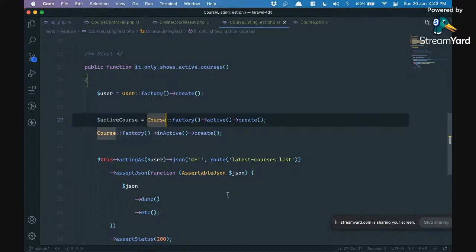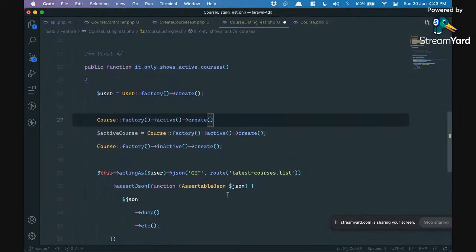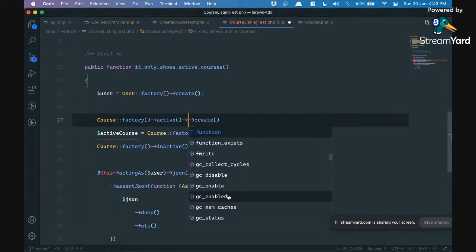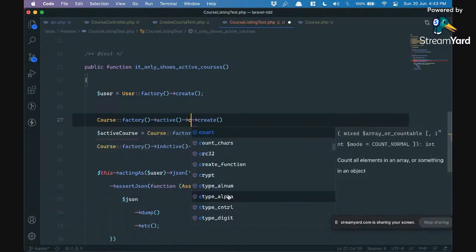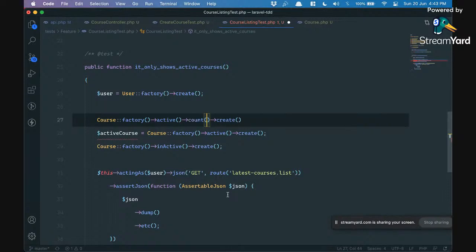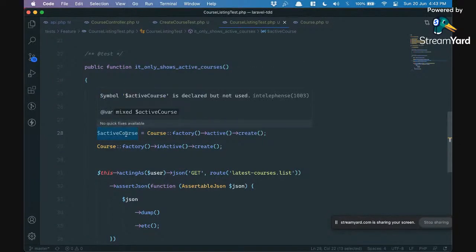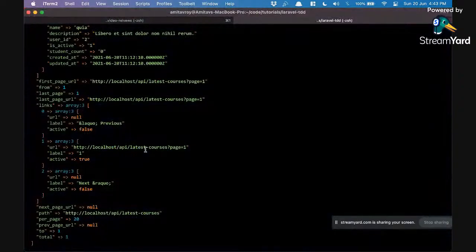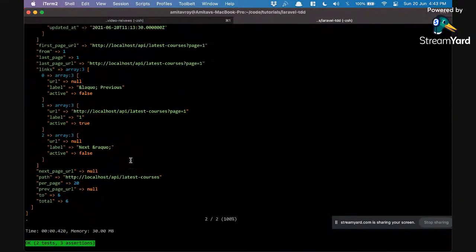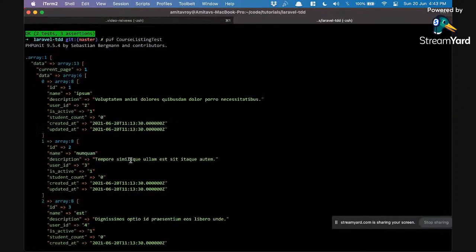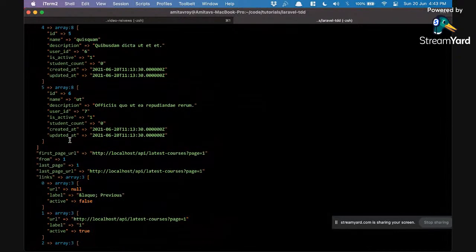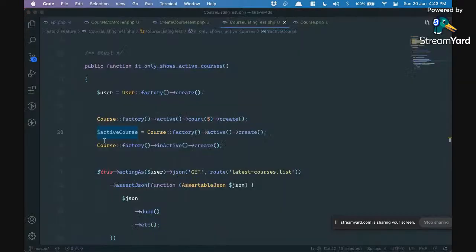Now I am also sorting by the created at. So one more test which I can additionally think of is if I create 5, and this is my 6th, this should be the first one in the list. Let's see. This is going to be a little big, but yes, you can see 1, 0, 1, 2, 3, 4, 5. So there are 6 items,